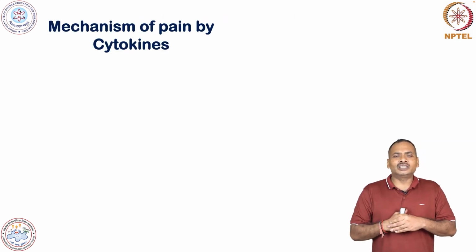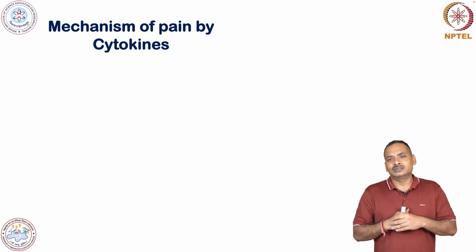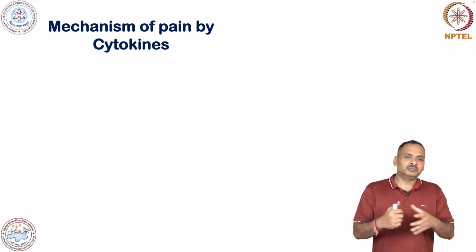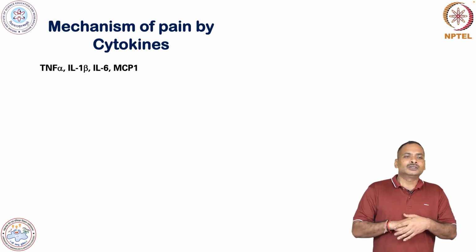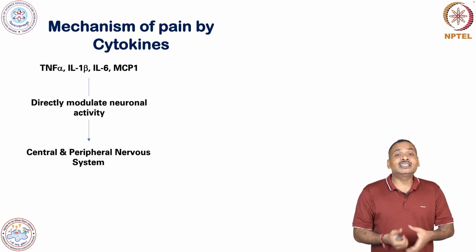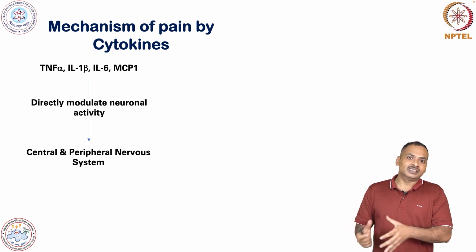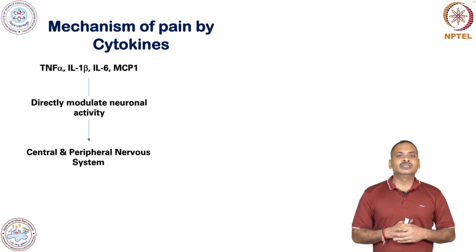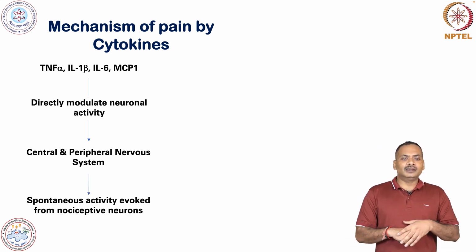Now let's look at how pro-inflammatory cytokines cause pain. What is the mechanism? Although I'm presenting it in a very broad way, it's quite complex and still under investigation. These cytokines are produced, and they directly modulate neuronal activity. These cytokines can activate neurons in the central or peripheral nervous system,